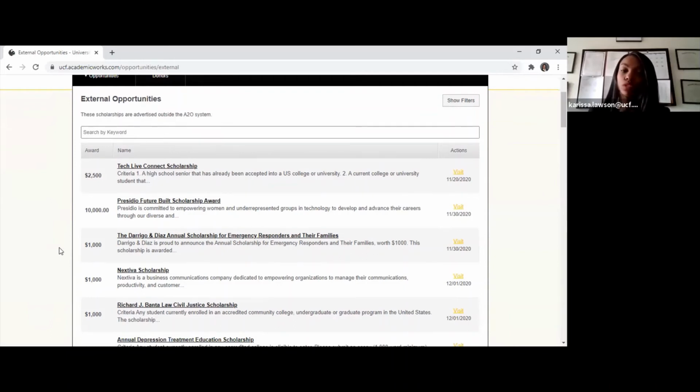And also when you're searching for scholarships, don't focus on the title. You always want to focus on the description, because some students do miss out on scholarship opportunities because they're focusing on a title. Like this first scholarship, it says Tech Live Connect Scholarship. Some students will feel that they're not a technology major, so they may not be eligible for the scholarship. But if you actually click on the scholarship,